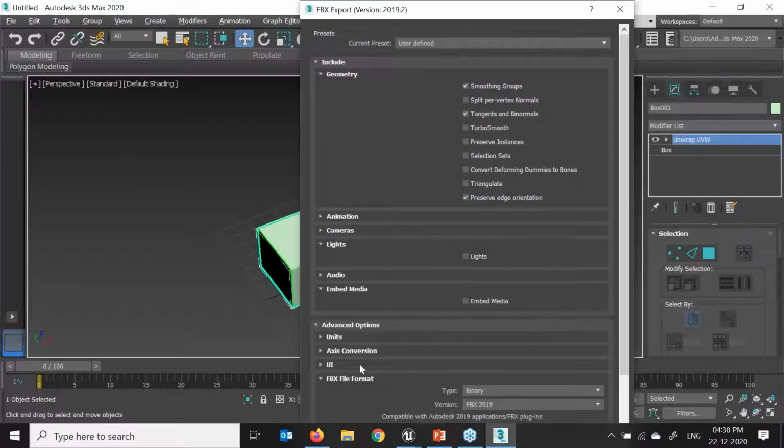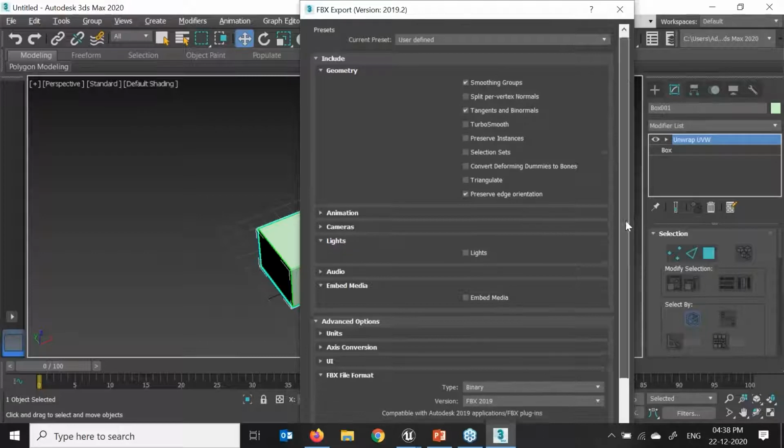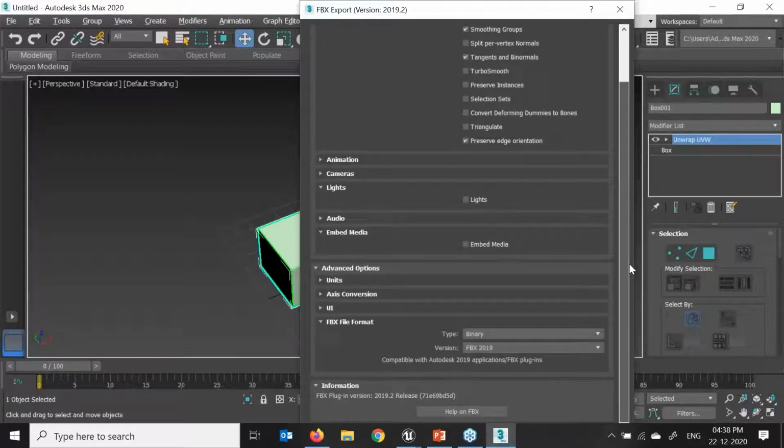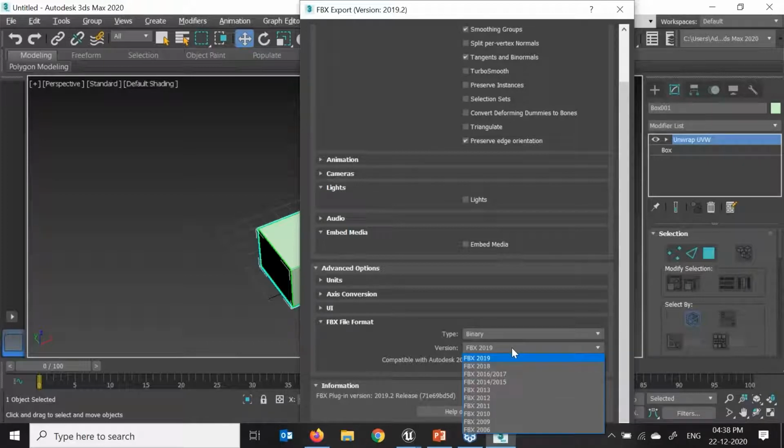Here is the one setting which we need to understand. We need to turn on these three options in the geometry: smoothing groups, tangent, and binormals. Preserve edge orientation, so my vertex and my edge orientation will be the same. Here I have to use the latest FBX 2019.